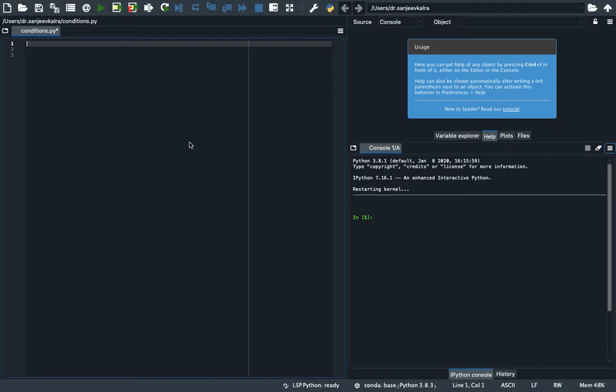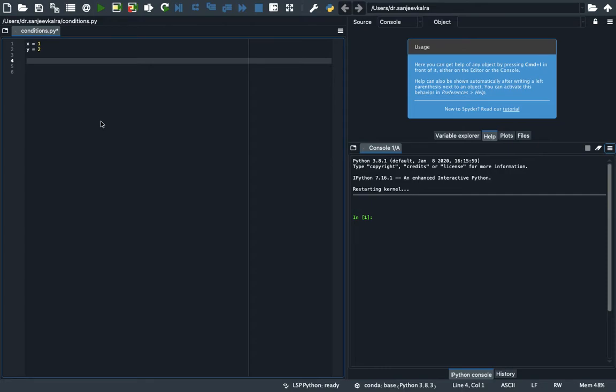So basically in Python, it is also the same. So let's see an example. For example, let's make some variables like x. We can give the value 1, y 2. So now we want to know if y is greater than x or x is greater than y. So let's see it.